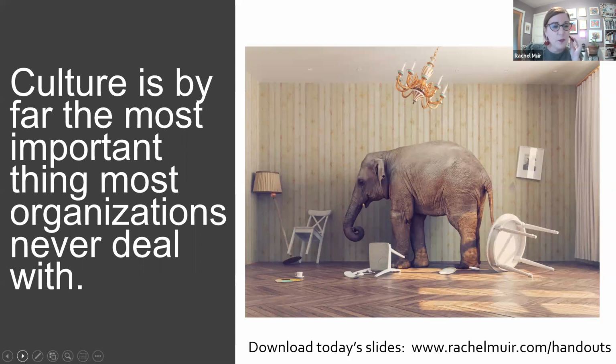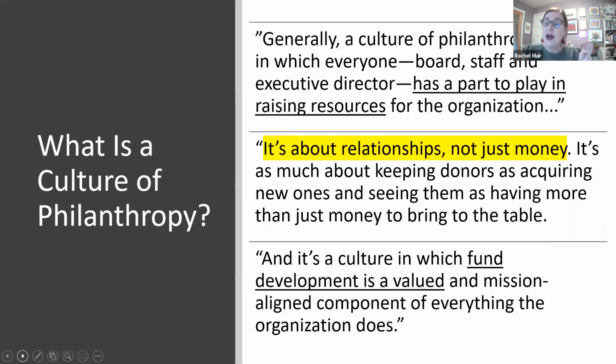Okay, a lot of people don't have the culture that they want. A culture of philanthropy is a culture where everybody embraces the role that fundraising plays in serving the mission. It's kind of like, I don't know if you ever played Red Rover when you were a little kid, your organization is only as strong as the weakest link. Every single person has a role to play in embracing a culture of philanthropy, obviously from your development team, but